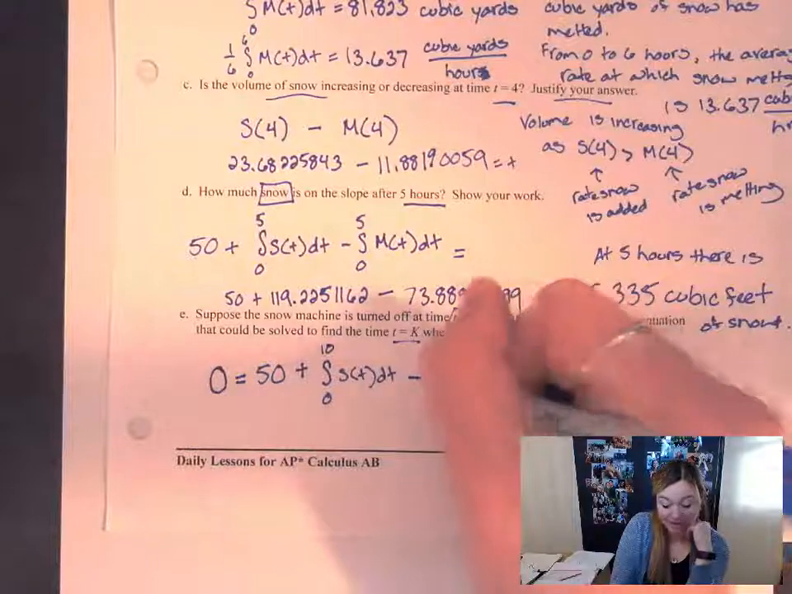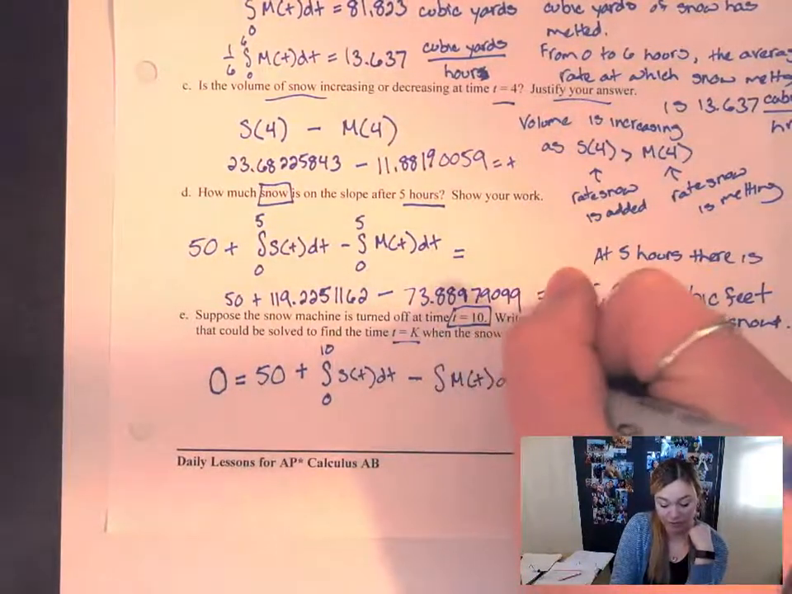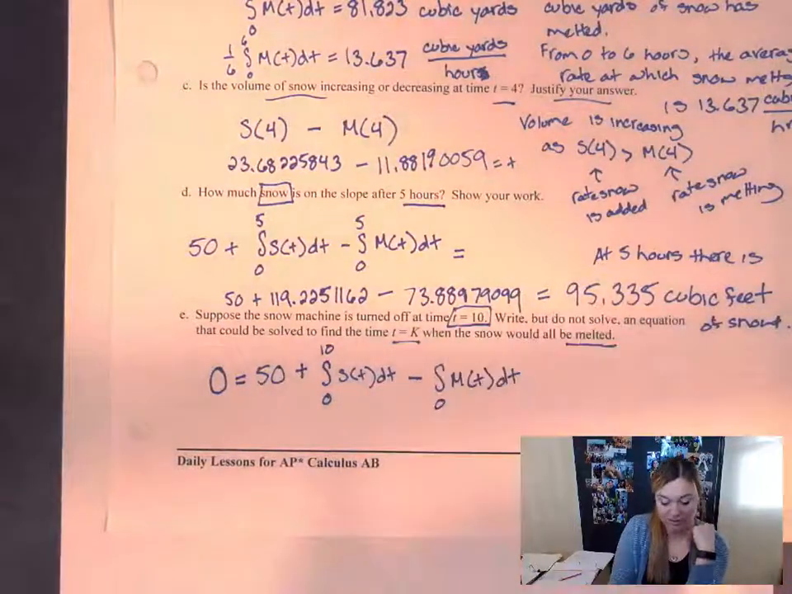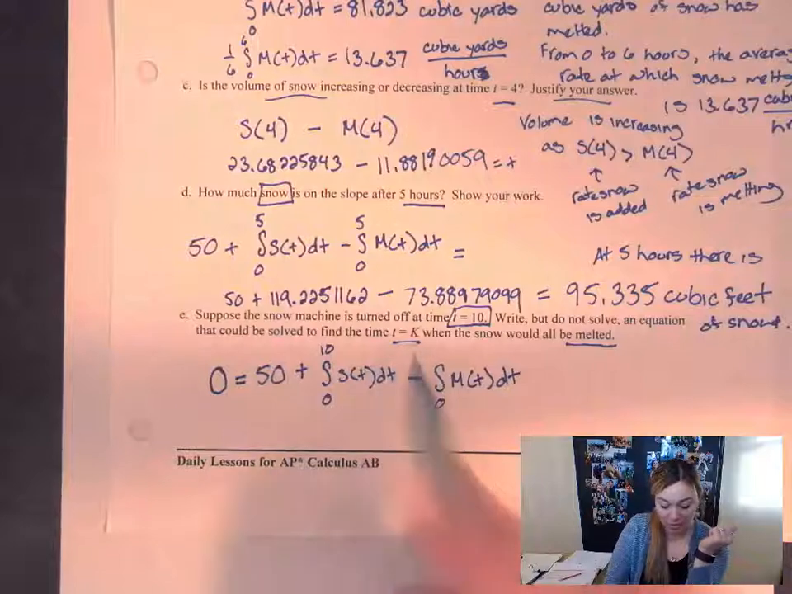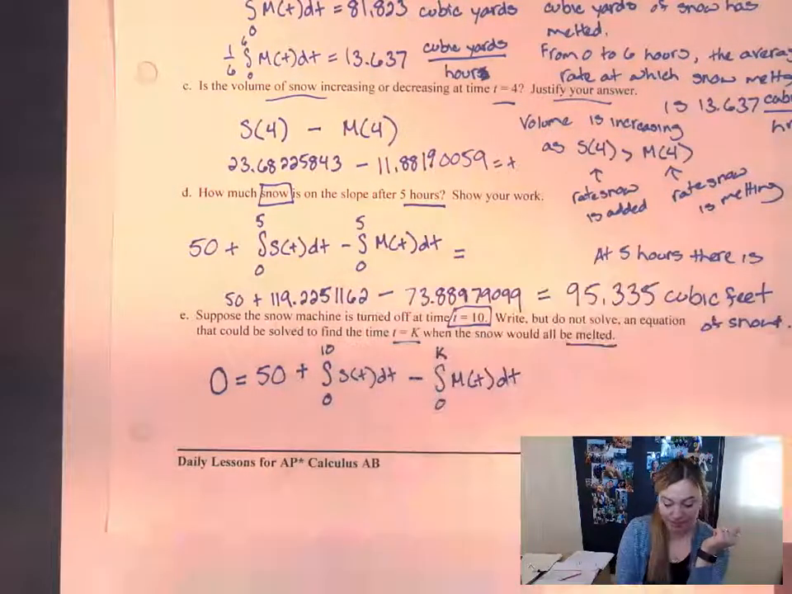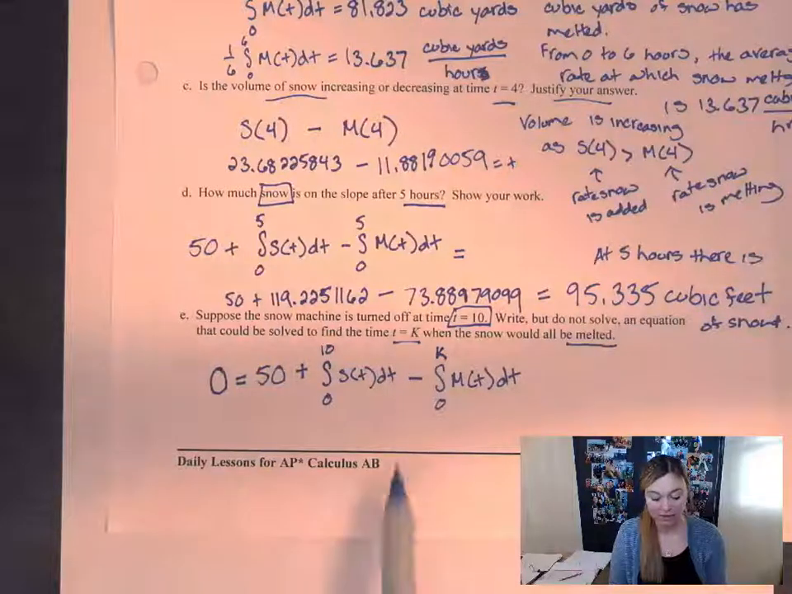But I can keep melting. So I'm going to integrate m of t to figure out how much is melting. I still start at time 0 because snow starts melting right away. But now I'm going to time t equals k. So this looks a little bit crazier than something we've done before, but this is all you need in this